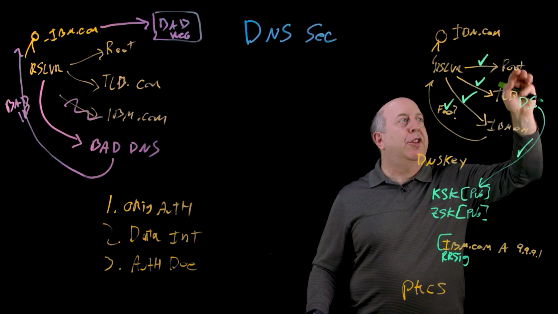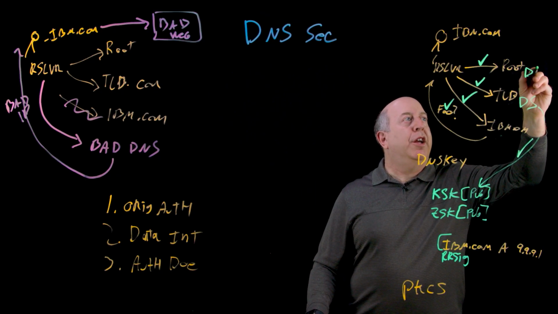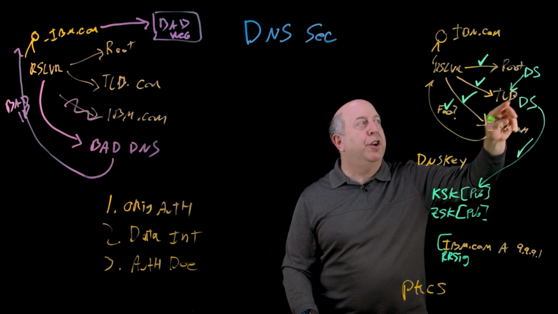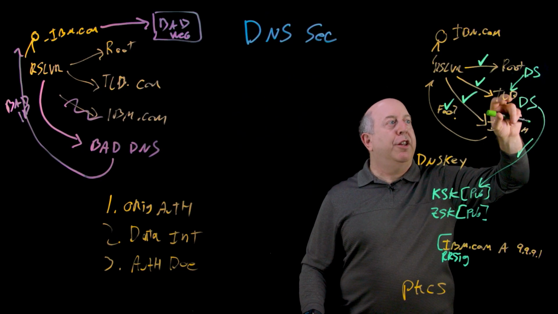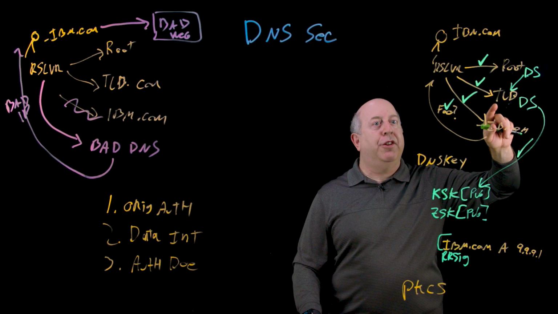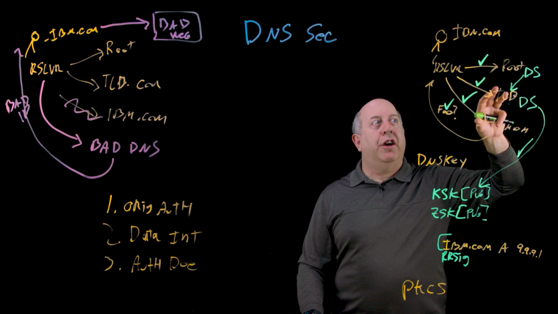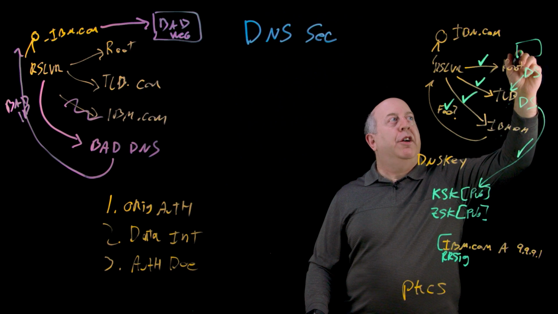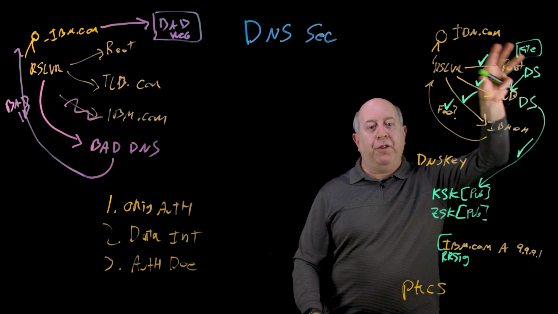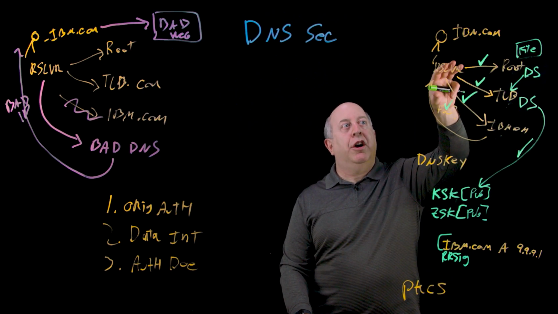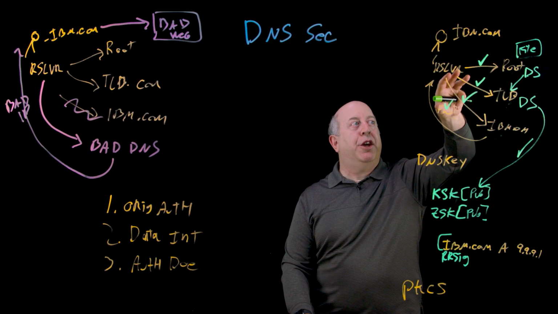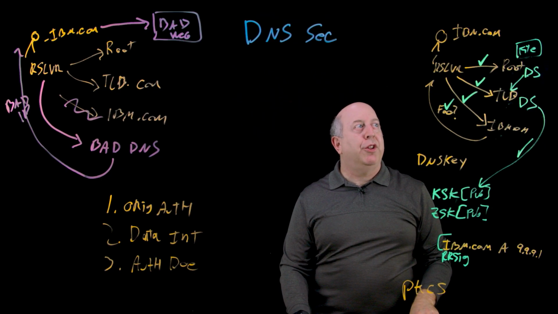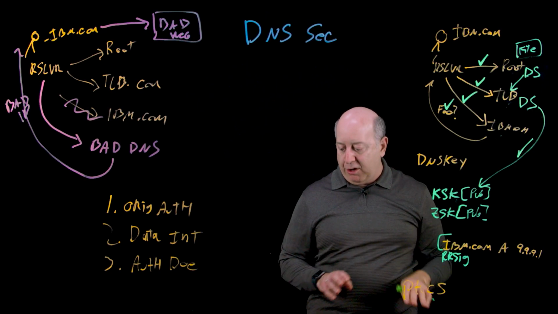The same thing happens at the next level up. The root has a DS record that points at the TLD. The same process occurs. The DS record is read, compared to the KSK at the TLD level, and then everything is validated. Up at the root, there's actually a file that is downloaded offline when you set up a resolver. You download that file to start the chain of trust and validate that you're really talking to the legitimate root server.